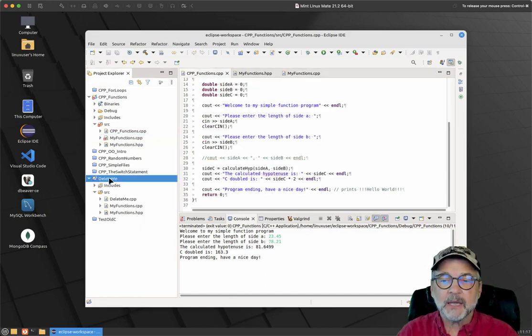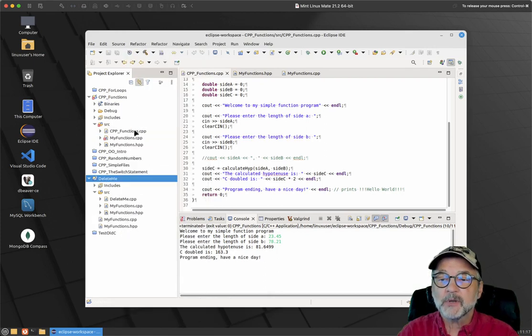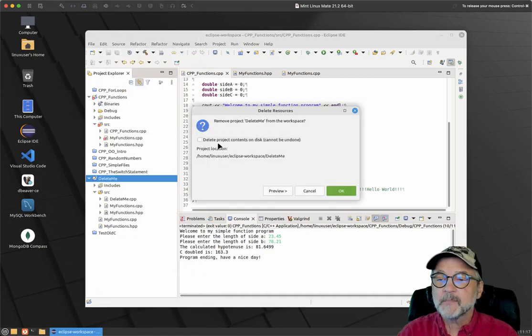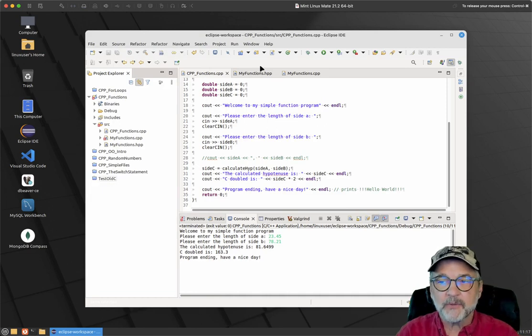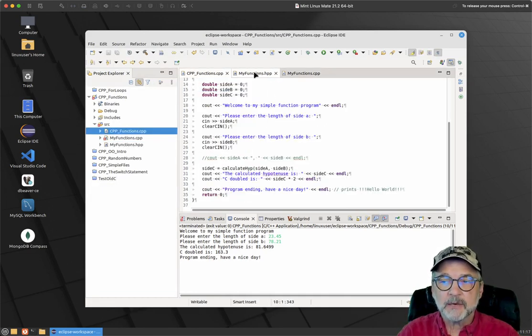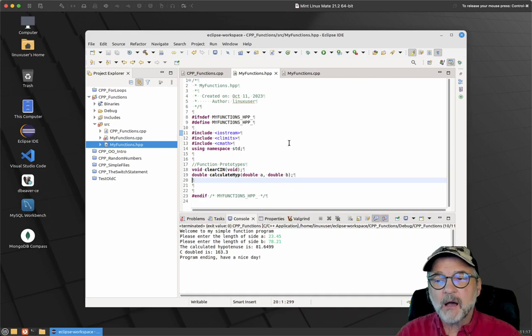But let's go ahead and do what I said. I'm going to delete this project. Oh, I pressed paste, so I'm going to delete it again. And I'm going to click delete project contents. Okay, because we're not quite done yet with functions. Functions is a pretty big subject. The one last thing I want to talk about with functions is